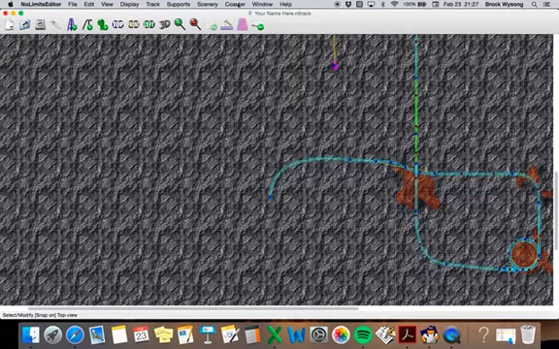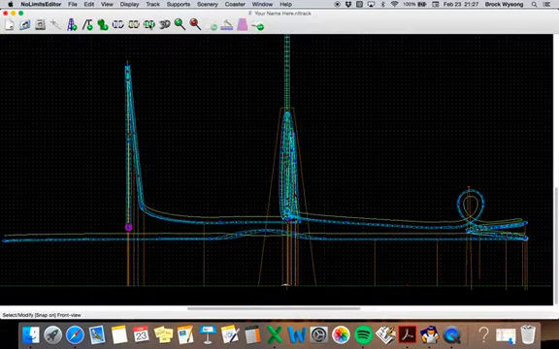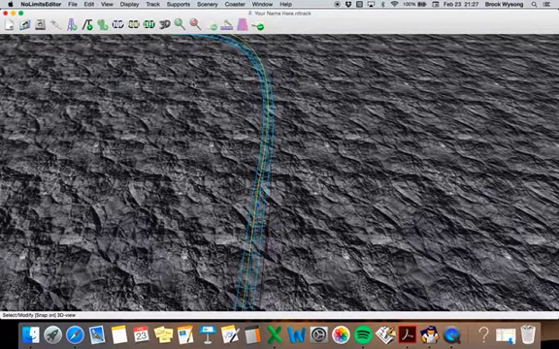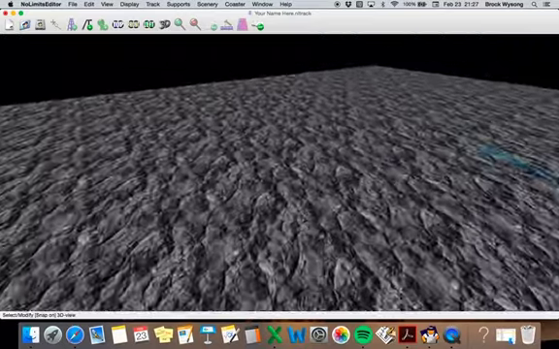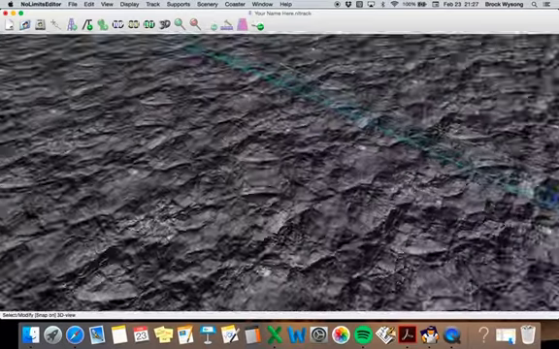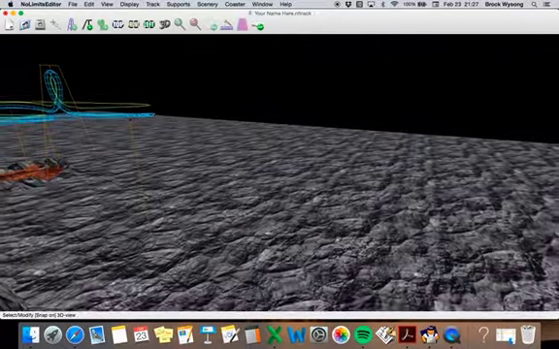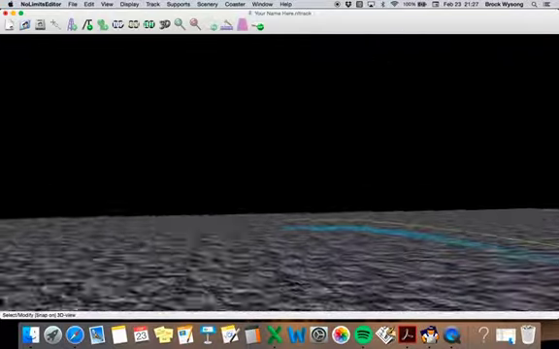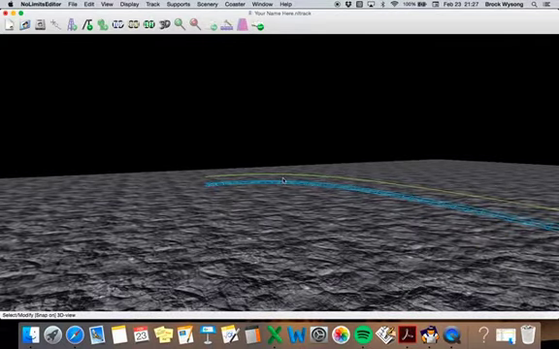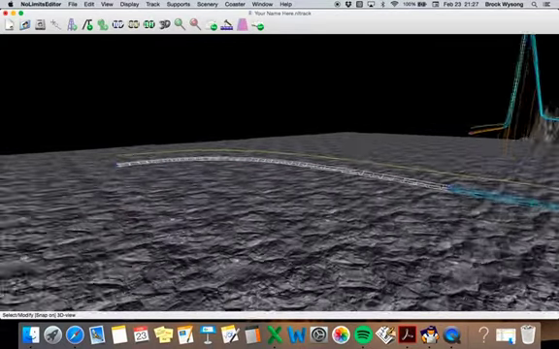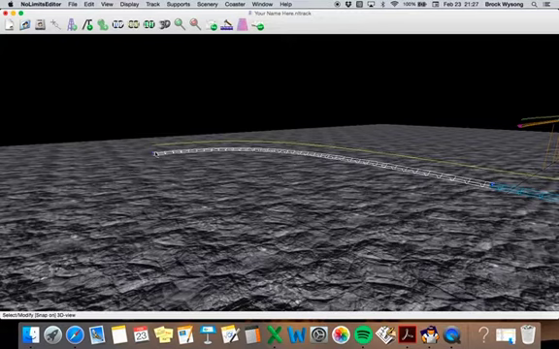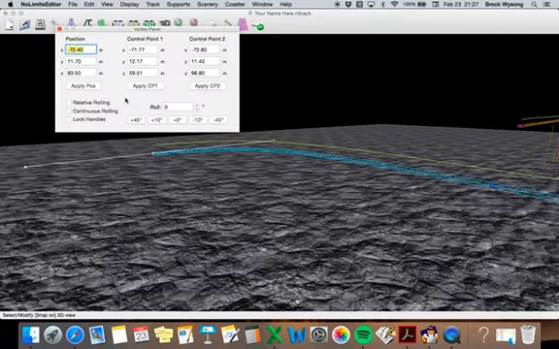Now, one other thing we need to talk about. I'm going to go back to 3D view for this. So there's my turn I just made. We know from this coaster, I come into this turn really fast. So something we talked about before was banking turns. We are able to do that a couple different ways. The main thing is you need to rely on these vertices. So if I double click on this, I can see